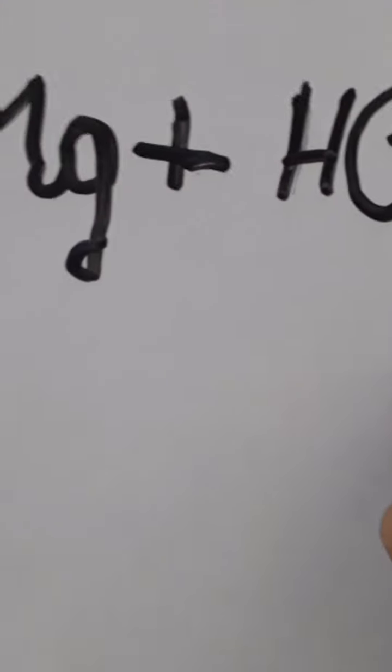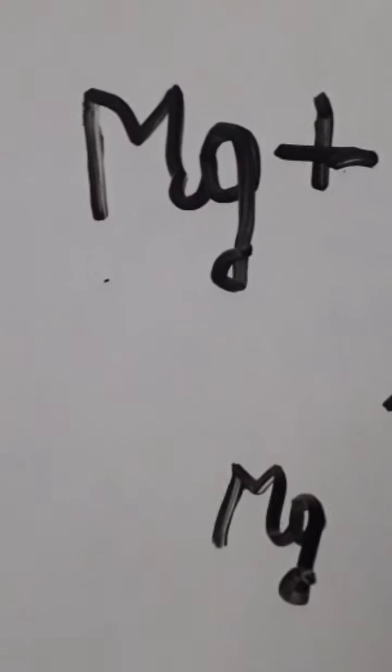Now we just need to balance it. So in one column we need to write RHS, right hand side, and in one column LHS. Now we need to write in both of the columns Mg, which is magnesium. Now friends, we can see that H and Cl are different elements, hydrogen and chlorine. So we'll differentiate them, H and Cl. In the right hand side also we'll write the same, Mg, H and Cl.